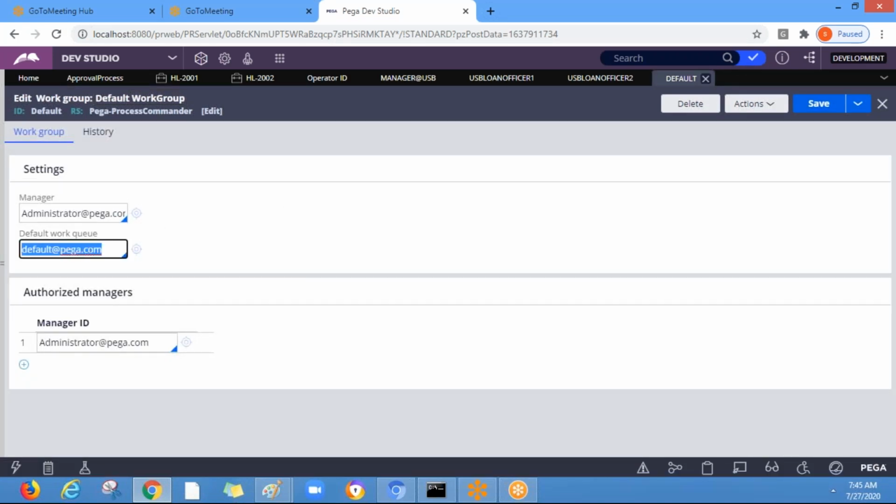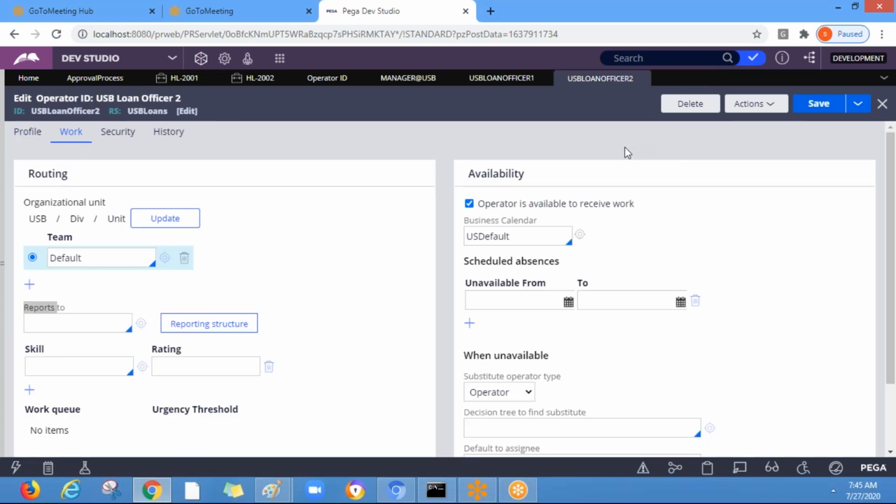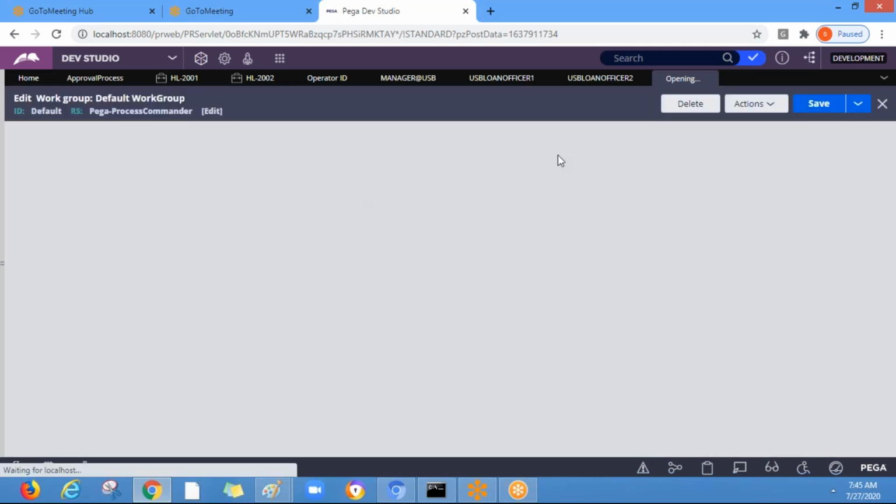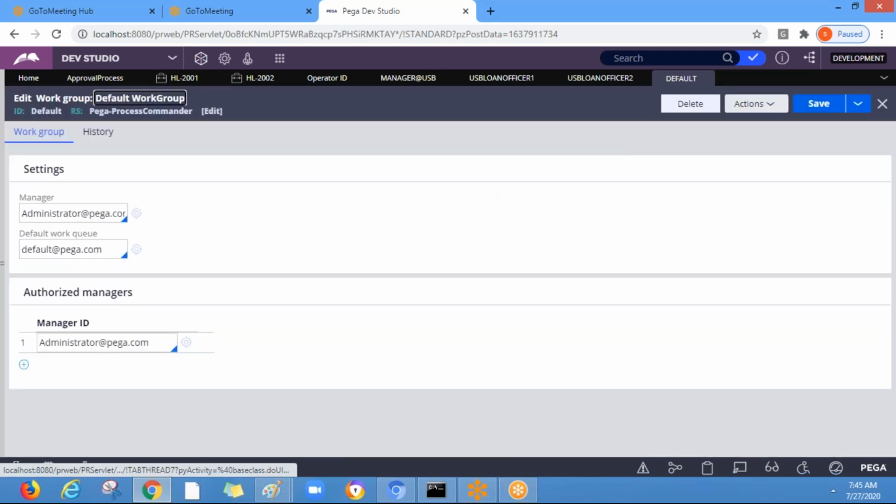Okay. So now what we do is, let's save as the work group, take the work group from any operator, save as with a different name. Let's say USB work group.